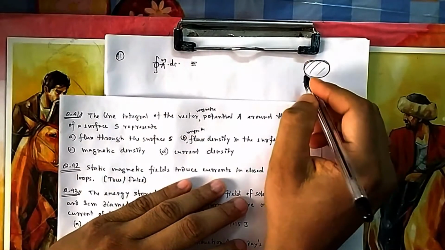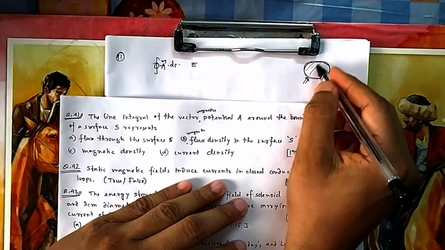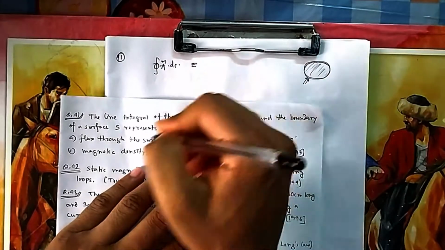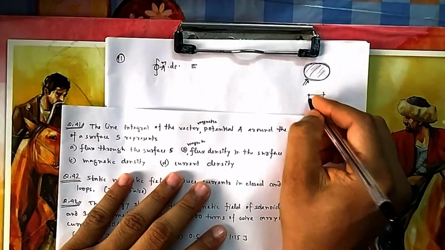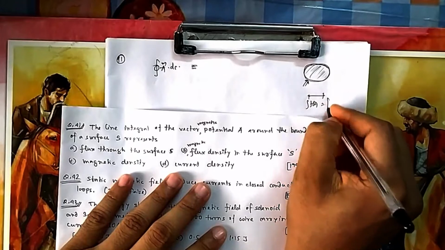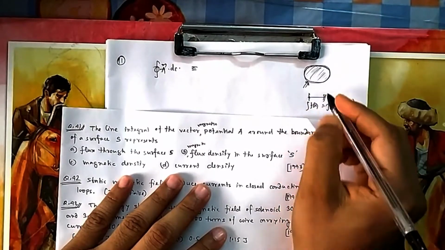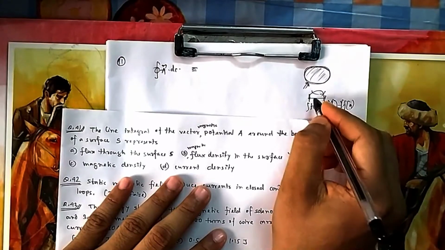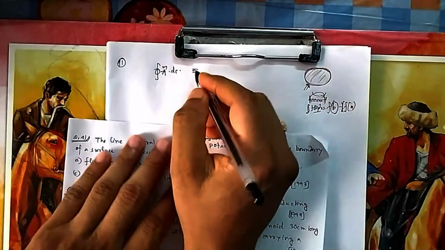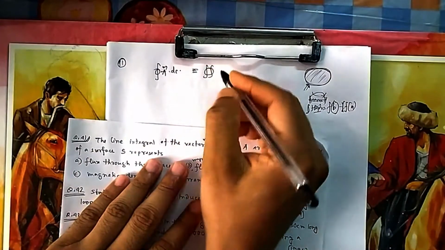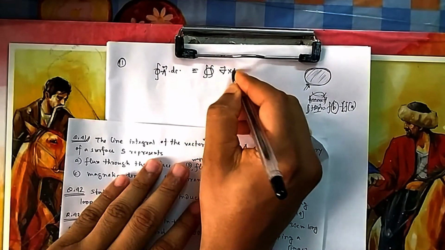How did I tell you to remember all these formulas? Instead of looking around the boundary, if you look around the whole surface, then you have to do one more integration, like in your class 12. Integration of f(x) dx from a to b was f(b) minus f(a), so it was 2 boundary points. If you do it at the boundary points, then it's okay. If you want to do it along the entire line dx, then you have to do the integration one more time. So that's why it becomes a surface integral,